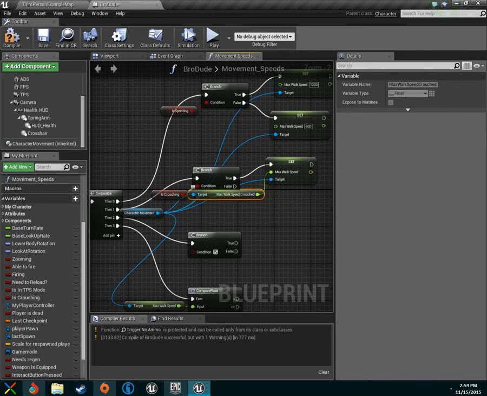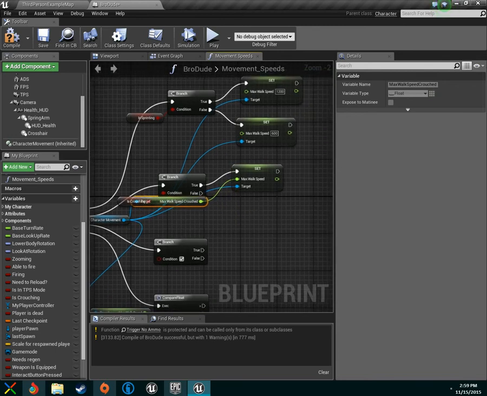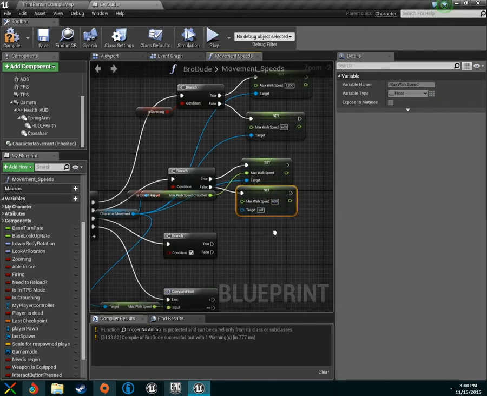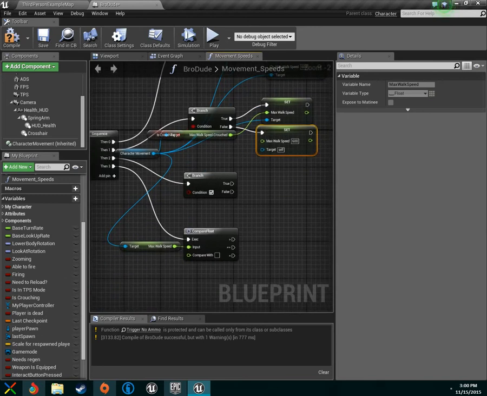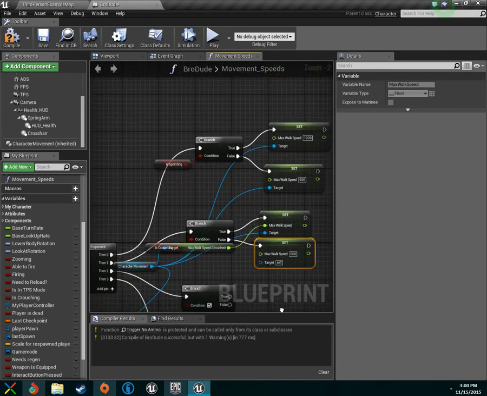That looks about right. So false, we'll just set our max walk speed to the normal 600. Then, last but not least, we will